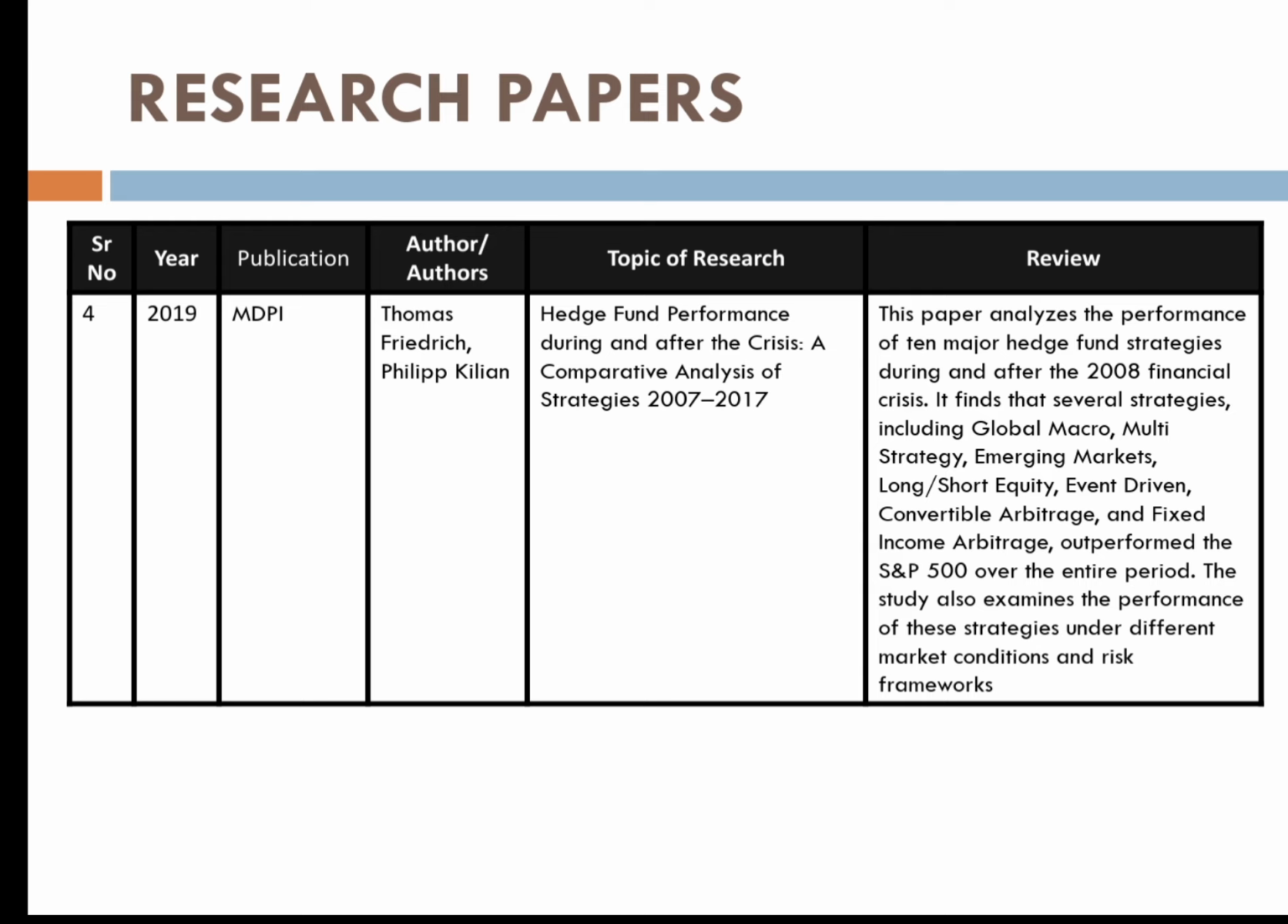Lastly, we have Hedge fund performance during and after the crisis, a comparative analysis of strategies from the year 2007 to 2017, published by MDPI in the year 2019. This paper analyzes the performance of 10 major hedge fund strategies during and after the 2008 financial crisis. It finds that several strategies, including global macro, multi strategy, emerging markets, long short equity, event driven, convertible arbitrage, and fixed income arbitrage, outperformed the S&P 500 over the entire period. The study also examines the performance of these strategies under different market conditions and risk